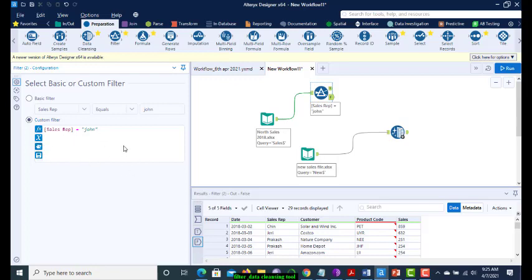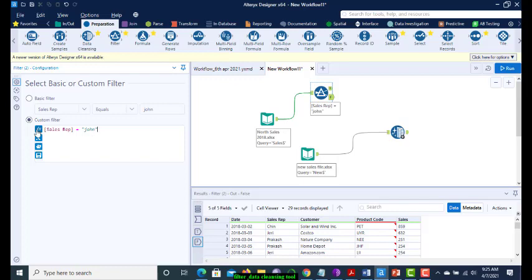This is called the expression editor, where you write your expression. An expression is like writing formulas in Excel, or a piece of code. Inside the expression editor you are writing expressions.